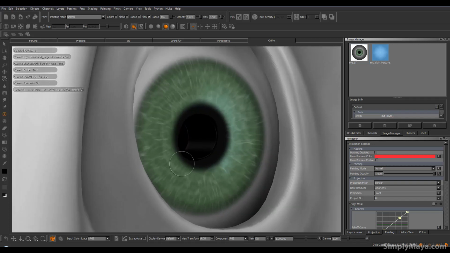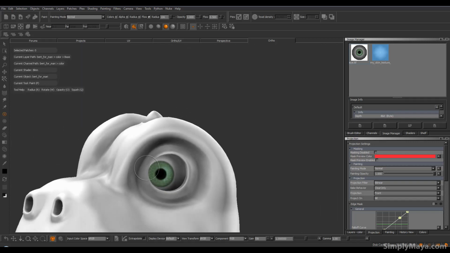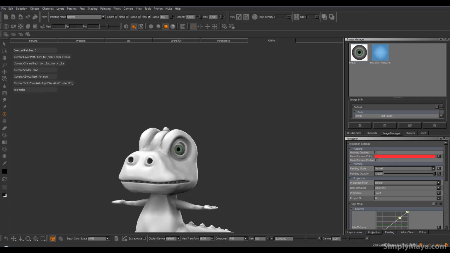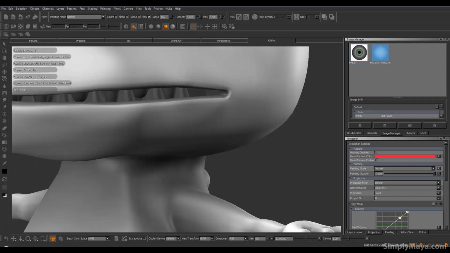So sometimes, especially when you're tweaking, if I wanted to come up and paint some shadows on the inner eye, this is a lot easier on the actual mesh, and sometimes it's easier to simply paint the UV map. It completely depends on what you're going to try and do. The problem with painting a UV map is